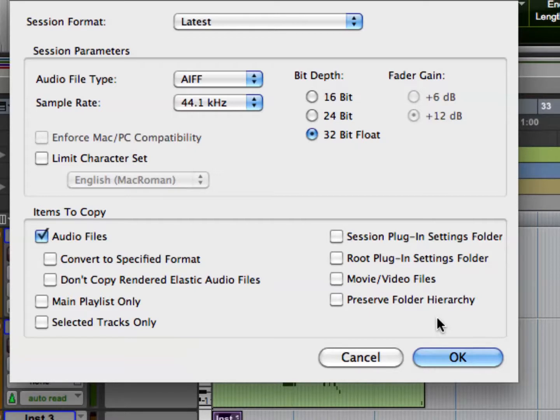So what Pro Tools allows you to do is resource only one movie per every version that you're doing. A lot of times where it says movie video files, you can select this if you absolutely have no idea where your movie is. If not, you can literally just take your movie out of the main folder and drag and copy it to the location that you want to copy it into